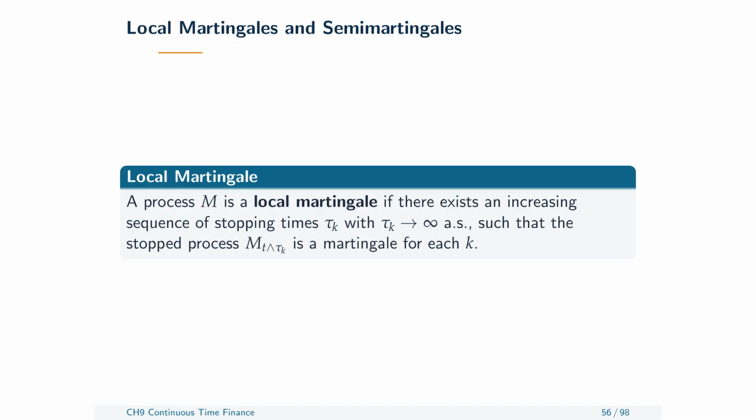A local martingale behaves like a true martingale after we stop it at each member of some increasing sequence of stopping times that, with probability 1, eventually passes every fixed horizon. Every genuine martingale is a local martingale, but the reverse can fail. An unbounded local martingale need not remain a true martingale over a long horizon. Why should we care? Because zero local drift by itself does not guarantee the global expectation property we usually attach